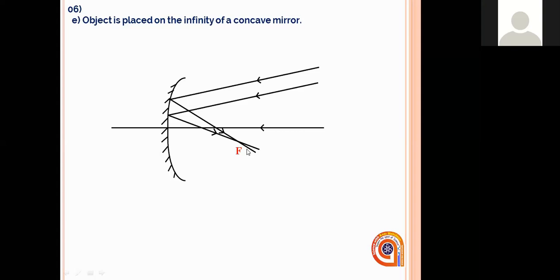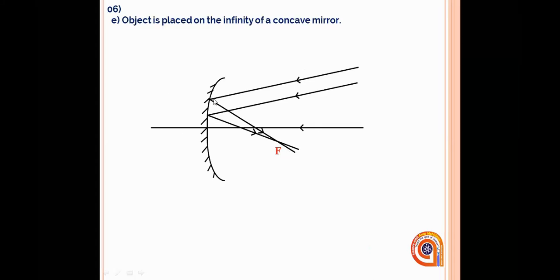So if I'm taking a dot object, a point object, then these reflected rays straightly I can take to the focal point on the principal axis. Did you understand that? If the object is a point one, a dot object, then straightly after reflection, I can take the reflected rays focused on the focal point to make the image focused on the focal point. But here I consider the object as having a height, so I have kept a gap between the parallel rays too.